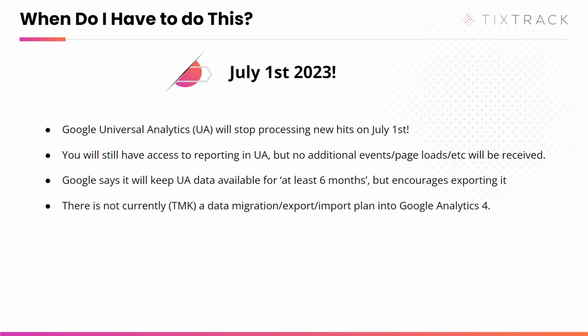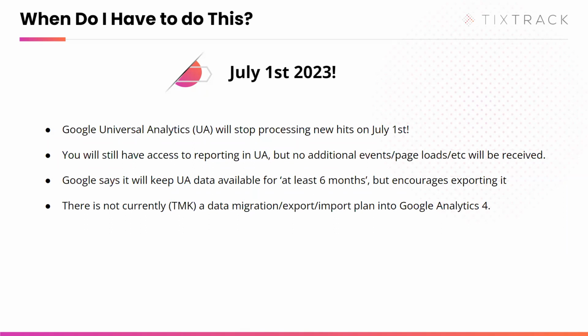The crazy thing there is, to my knowledge, maybe this has changed, I didn't do a refresh, but when we did Google Analytics 4, there was not currently a way to migrate this data effectively. Maybe there are some businesses out there that have made a business of that, because if you're like us, you had a lot of data in UA with user patterns and everything else, and to lose all that is a little bit of a drag. But you do get the ability to report it in 2 different places.